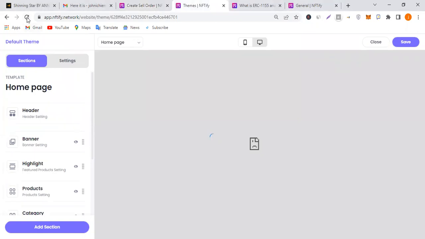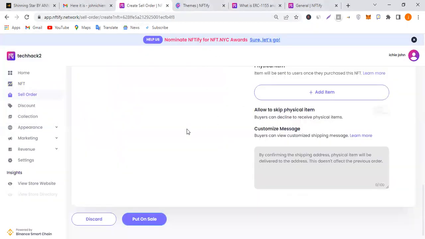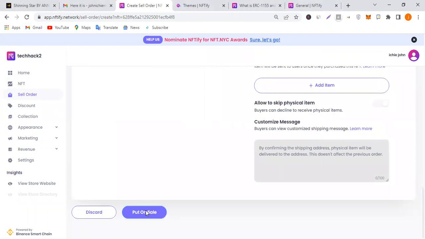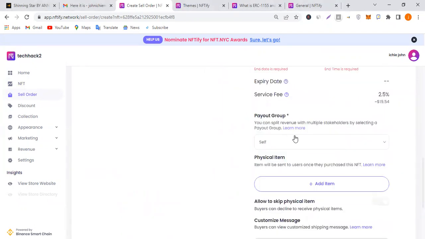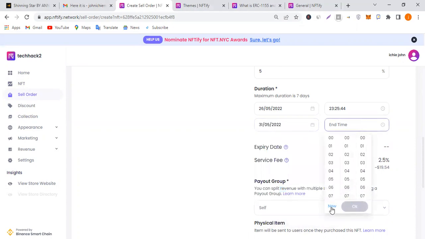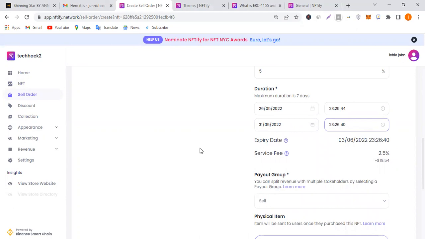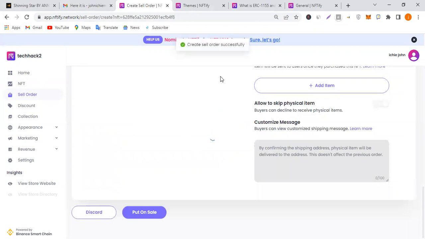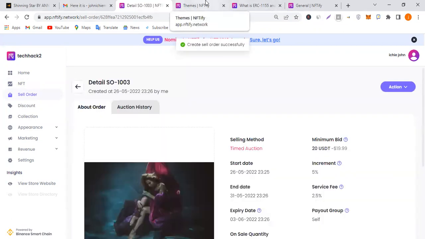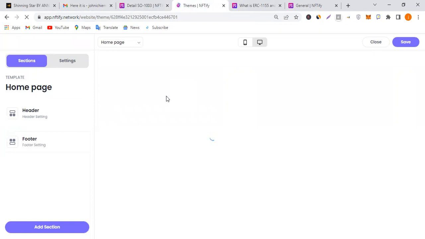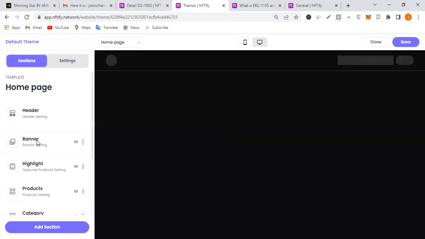So just quickly refresh this again because I'm about to add this to my store. Okay, let's look at this. So, okay, so I'm going to put on sale. So now added another NFT. So now what I'm going to do now is, like I said, let me just refresh this quickly. So now once I refresh this, what's going to show is